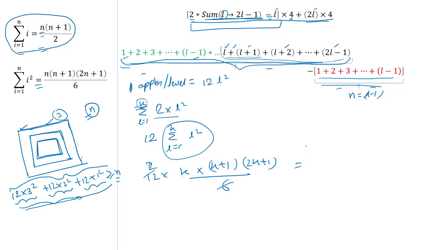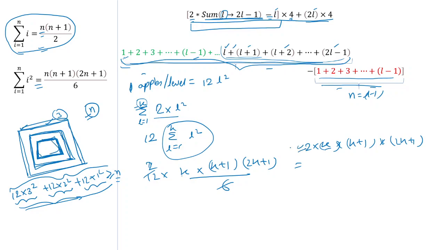So what we'll get is 2 times K into K plus 1 into 2K plus 1. So here, if you put K value as 1, then you will get the summation of all the parameters that are there inside K equals 1. So here, only 1. Only this thing is here. Okay. If you put K equals 2, you will get the summation of all the apples present on this parameter as well as the apple present on this parameter.